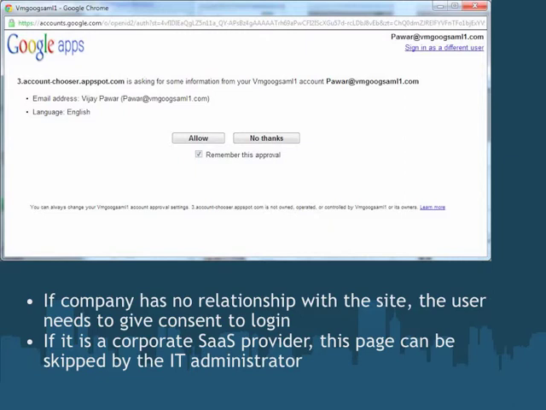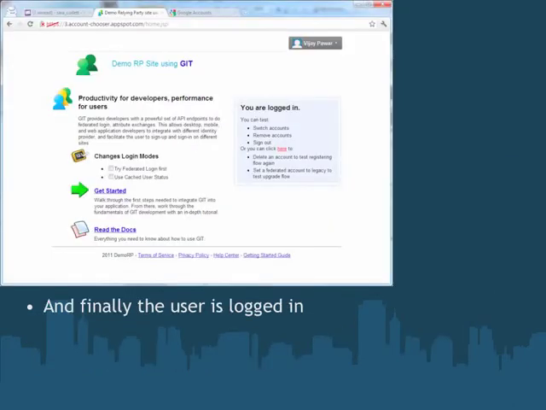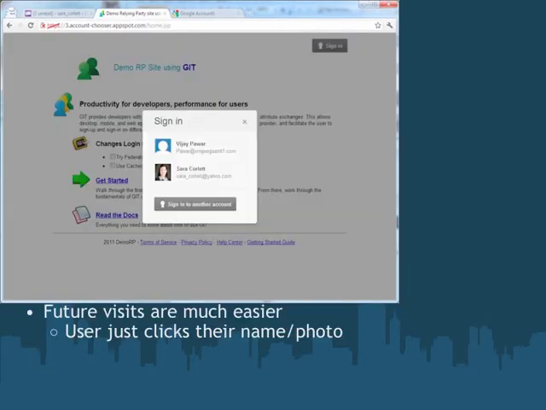But maybe the employee is logging into a website that the company doesn't have such a policy for, and so the employee does need to give consent to share their email address. No matter which of this happens, the user is finally bounced back to the website. They're logged in, but most importantly, if the user ever goes and visits that site again and wants to sign in, now they just simply see the button for their employee account.